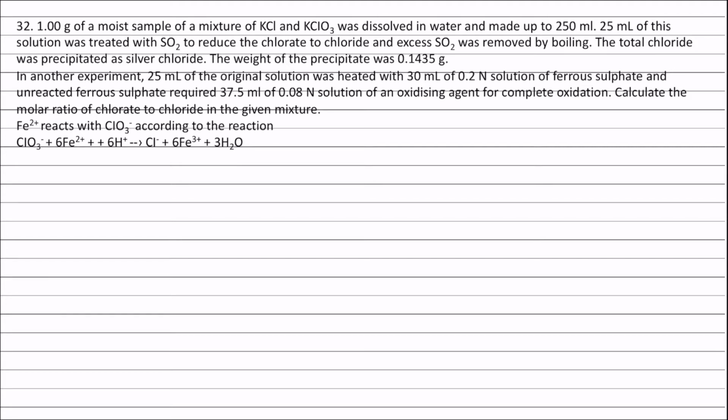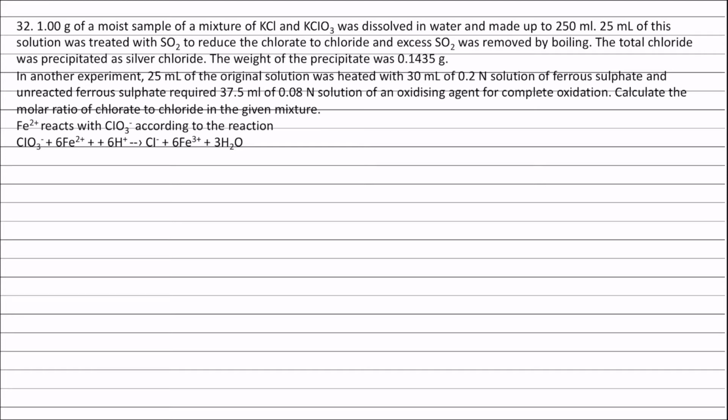excess sulfur dioxide was removed by boiling. The total chloride was precipitated as silver chloride. The weight of the precipitate was 0.1435 gram. In another experiment, 25 milliliter of the original solution was heated with 30 milliliter of 0.2 N solution